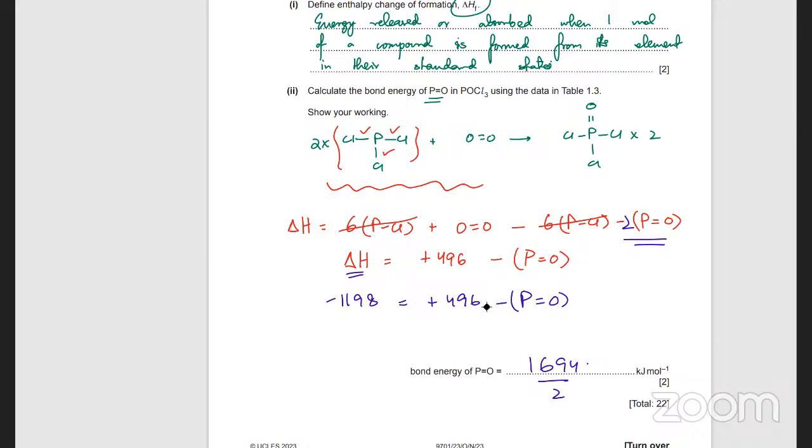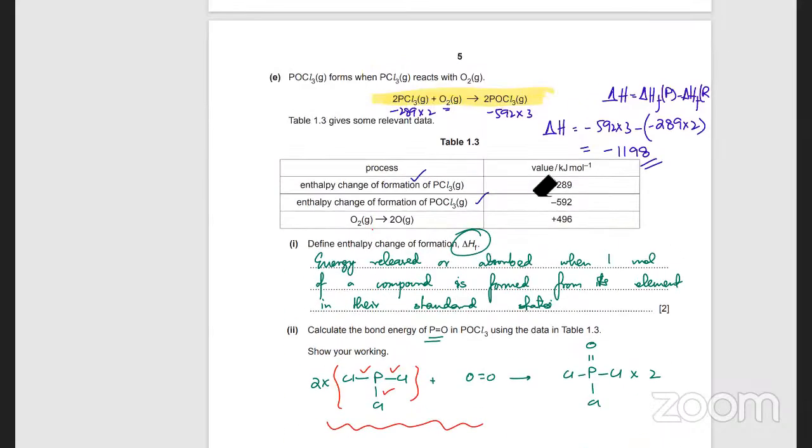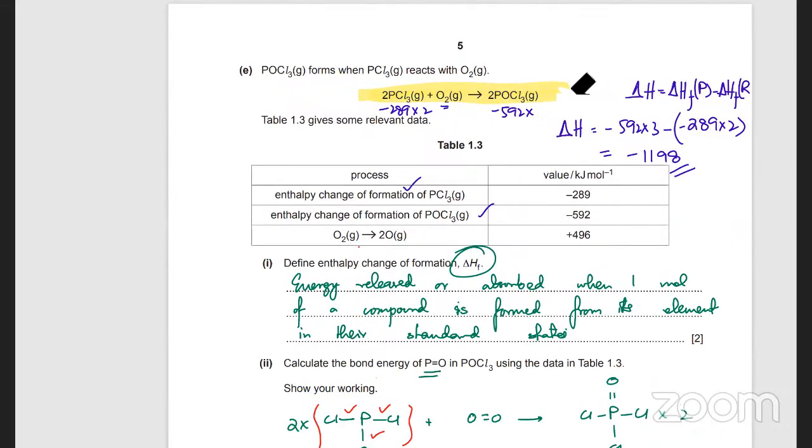Let's rearrange this and write it. That's minus 1198. How did it get minus 1198? We got 1198 from the top, right? Yes, minus 592 times 3. Why was times 3 done? This was done wrong. We made a mistake over here as well. It's supposed to be times 2, right? Yes. So then that 1198 is